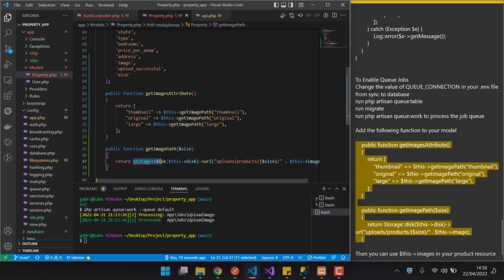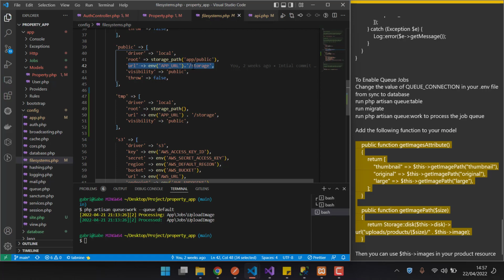So what the storage disk does is simply go into the specified disk, and remember we stored our disk as public, so it goes to the sites, the file systems or PHP. Then it goes to the /public,